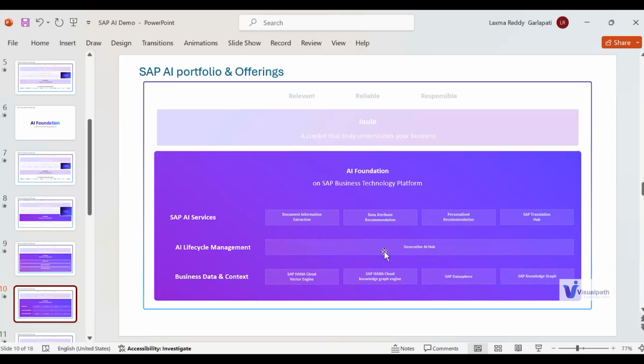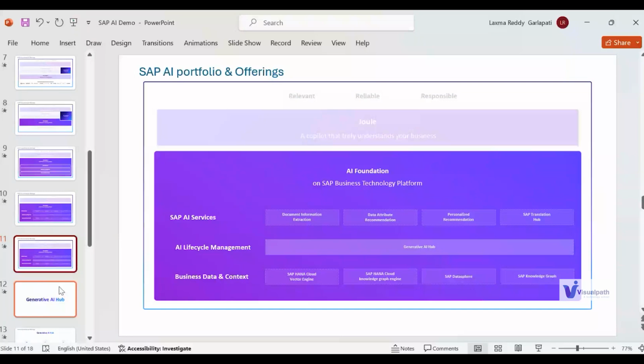The next thing is SAP AI Launchpad. This is mainly used for orchestrating the AI application, starting from building, deploying, and then monitoring. If you're aware of the term MLOps, machine learning operations, or LLMOps, it is achieved through the services and provisions available within SAP AI Launchpad.